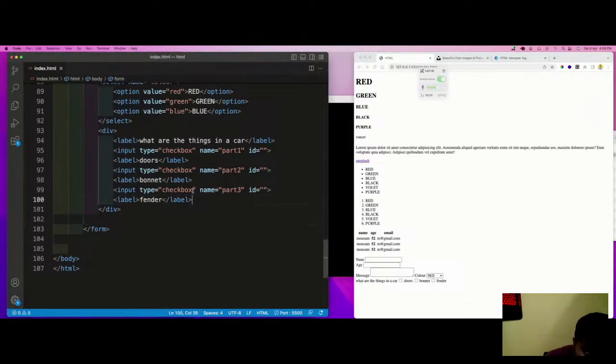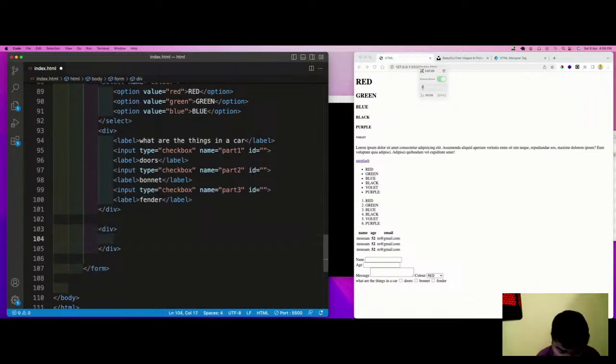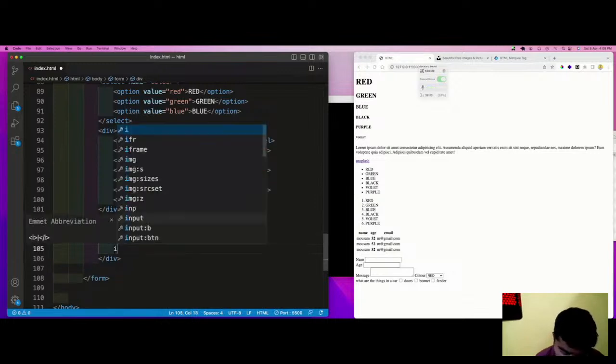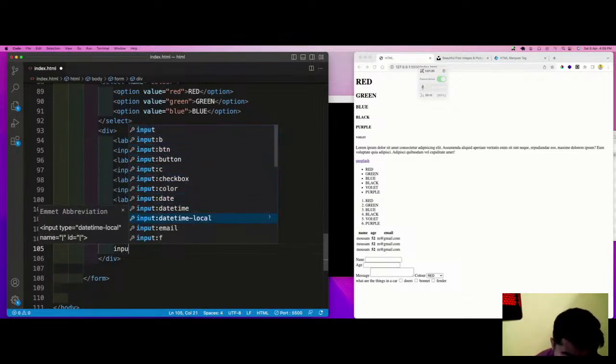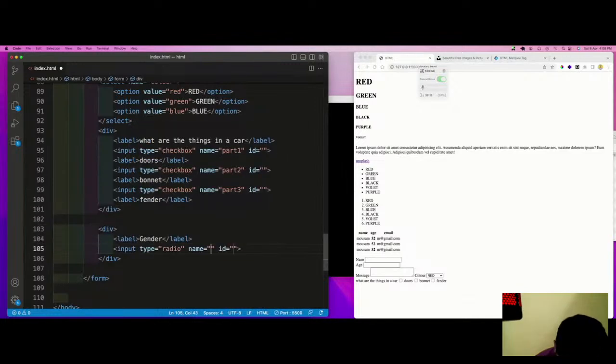So for this thing particularly, we have a label for gender, the input radio for gender, and again the label for male.